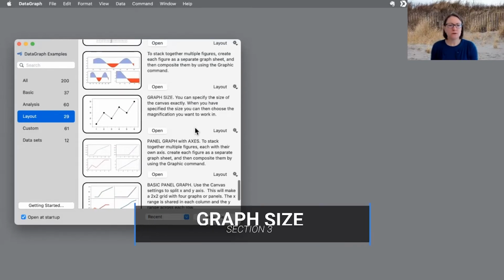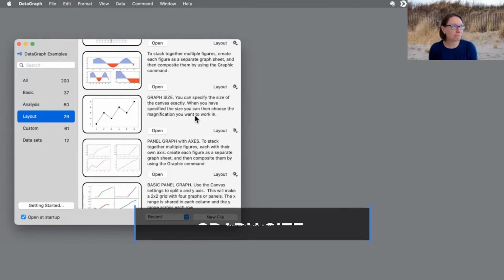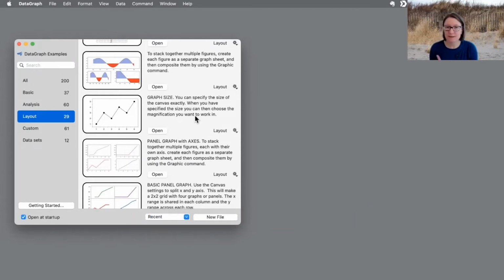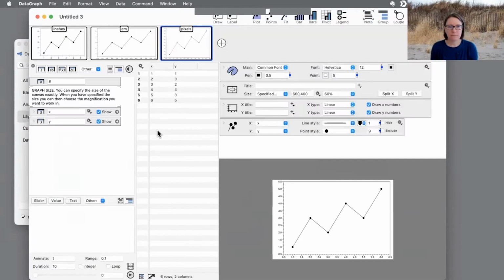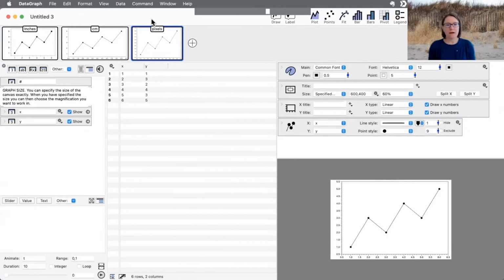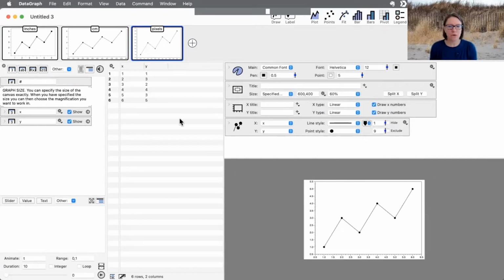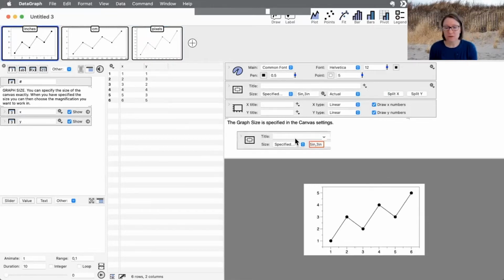But what I wanted to do was actually start with one of the things that I think is maybe one of the first things to learn once you start making graphs within the program, which is this file here within layout, which is just simply called graph size. So I'm going to go ahead and open up that file. And as I said, we've been updating these, adding new figures, trying to add more description of what's in the graphs. And this one is a relatively simple file, but again, it's such an important thing to know that you